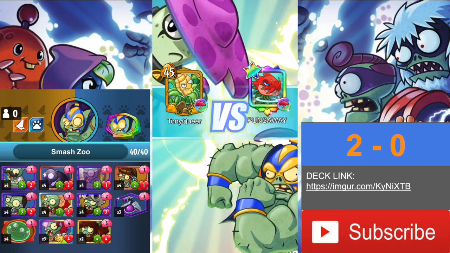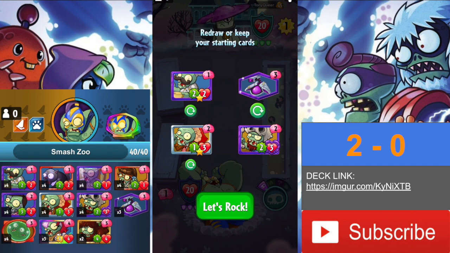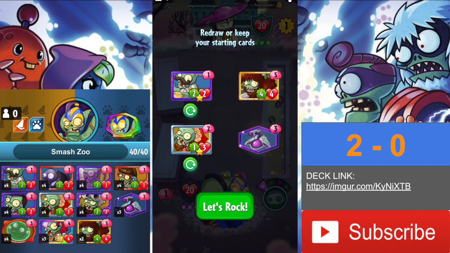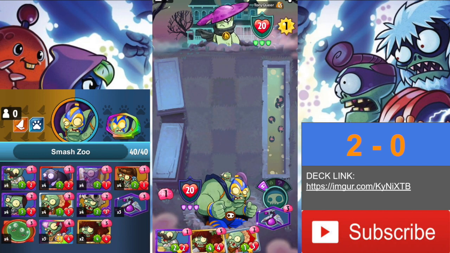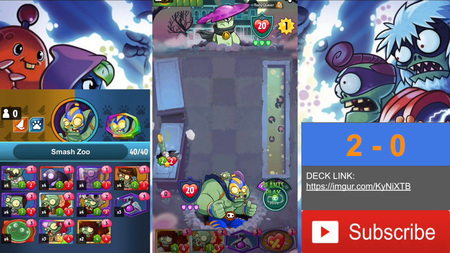Okay, so up against the Nightcap. So he's probably playing Swarm. So we got a mulligan for low cost cards here. Not good. Just right when I say that, we mulligan and we kind of strike out. So